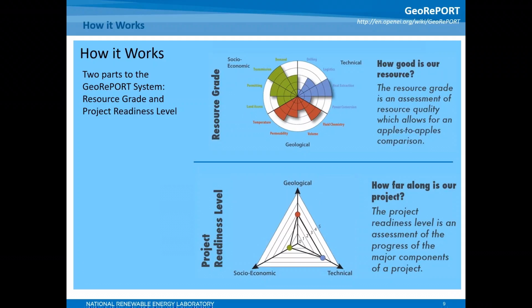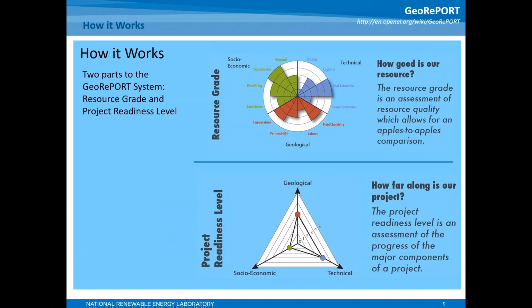The second part of each assessment addresses project progress. How much do we know about this area? Project progress is represented using a 3D feasibility grid, using the same 3 colors and a different axis for each of the 3 topics. Each of the 3 project progress scales has 5 levels, allowing projects to move independently on each axis as they progress through the development cycle. For example, a project may progress along the technical